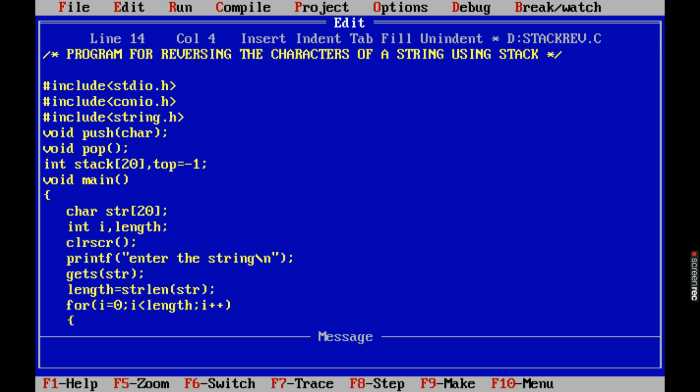You may have one doubt: why do we not use the scanf function? The scanf function does not read the empty space from the keyboard, but to read the empty space within the string, we have to use the gets function. So gets of str. That means we read the string from the keyboard. This function is available in #include